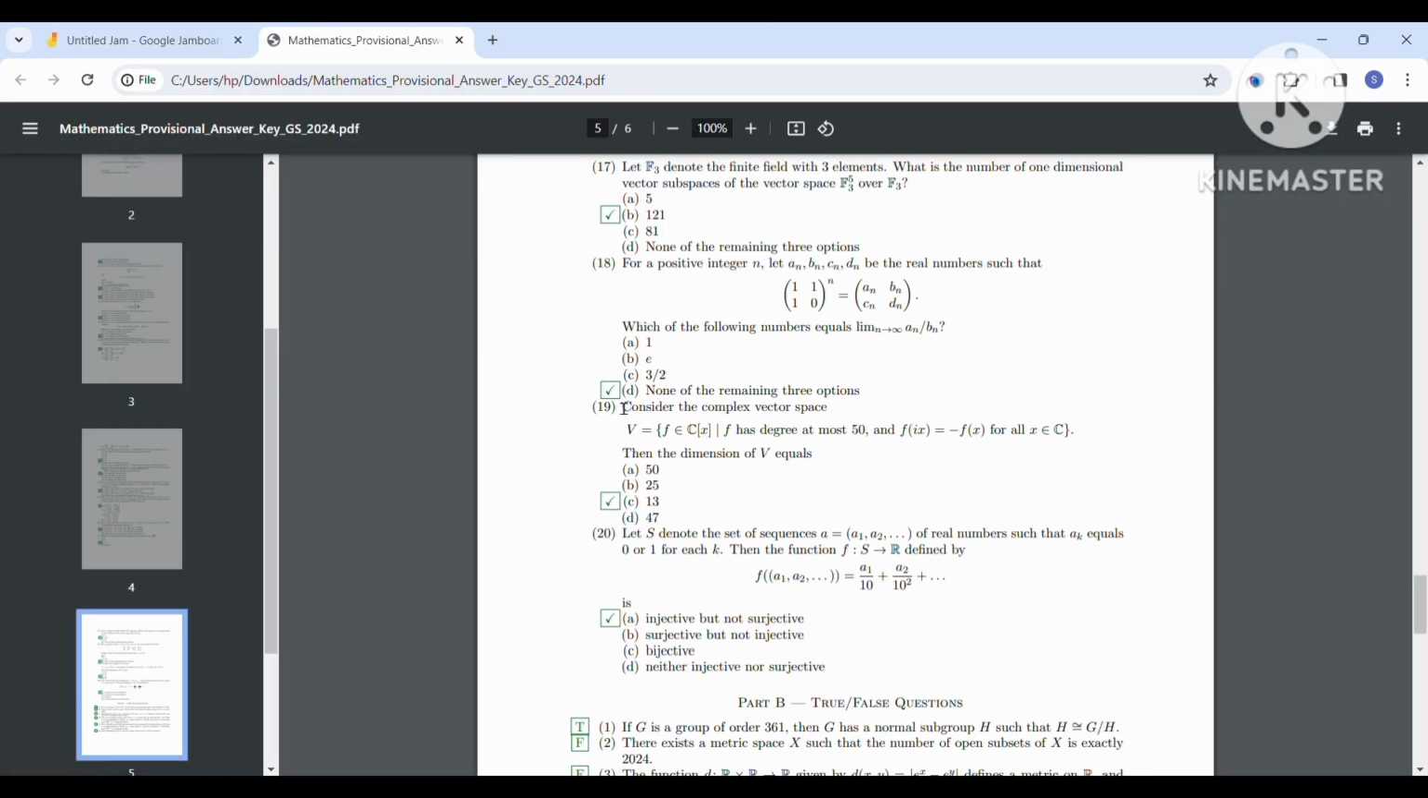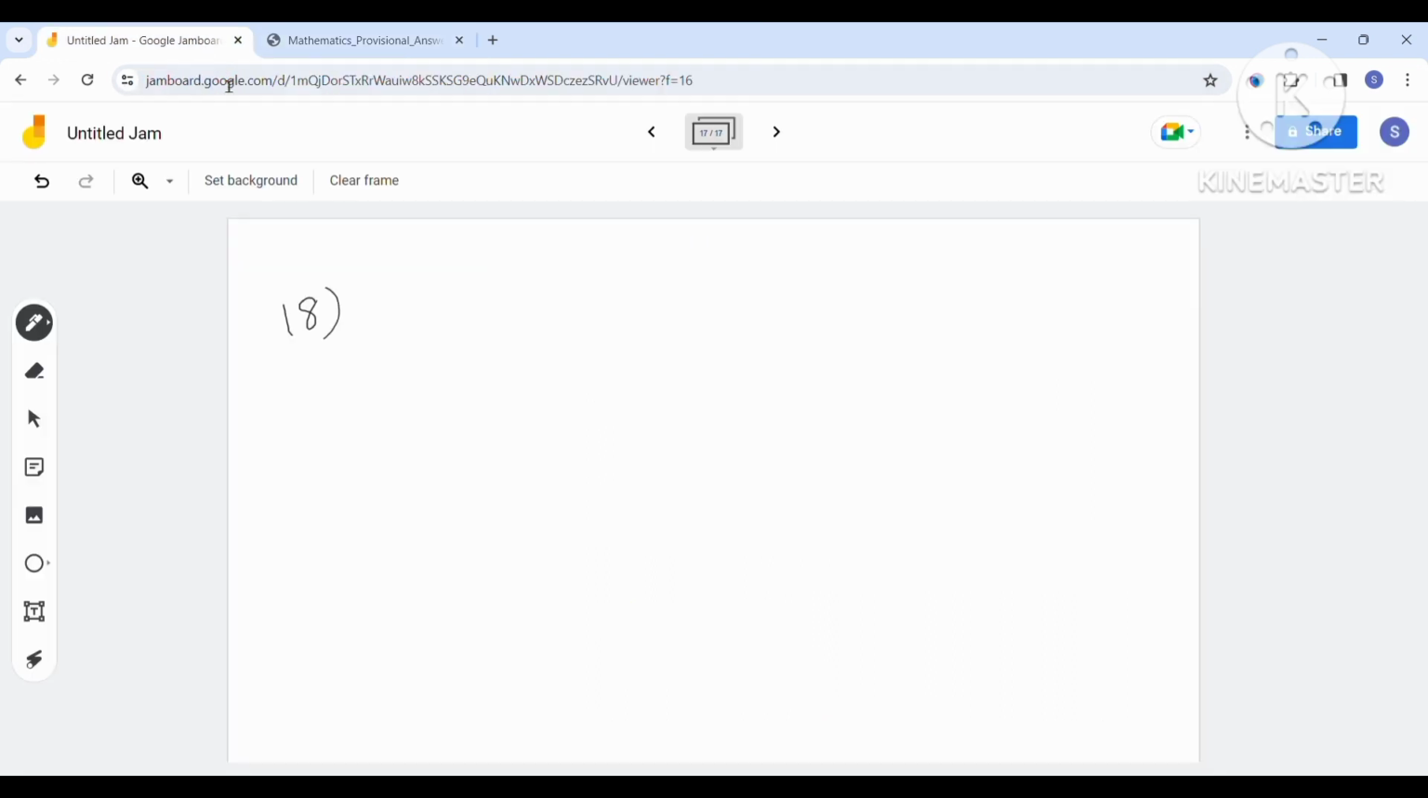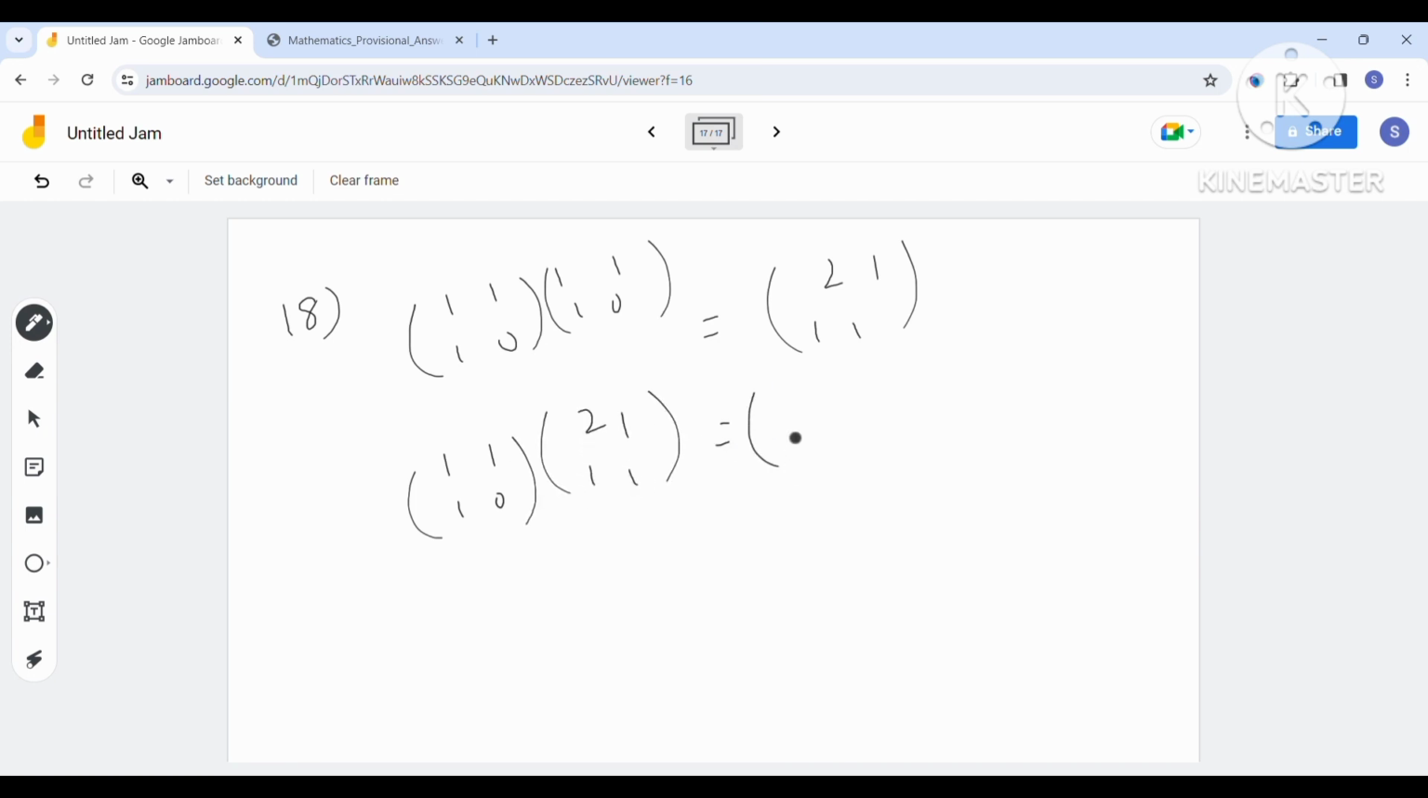Problem number 18 says that a matrix is given, and the entries of its nth power are given by the sequences an, bn, cn, dn, and we have to find the limit of an by bn. So it's basically a computational problem. If you write down 1110 times 1110, you will get 2111. Similarly, if you do the third power, you will have 3221. Similarly, if you do the fourth power, you will have